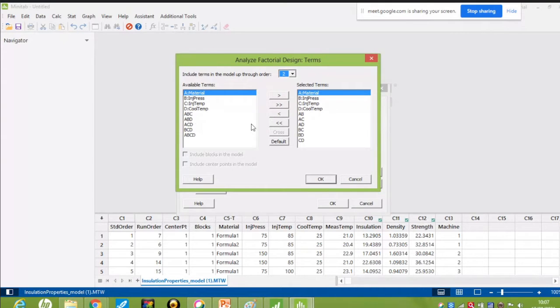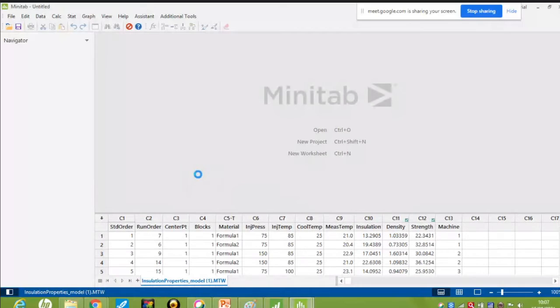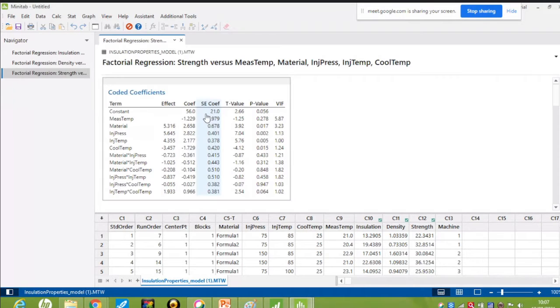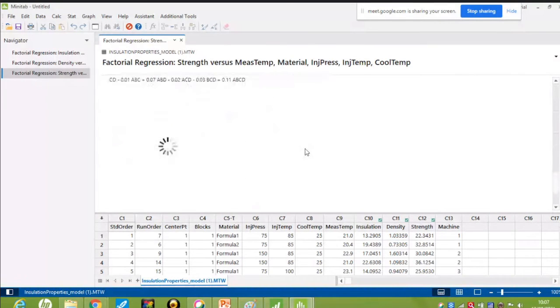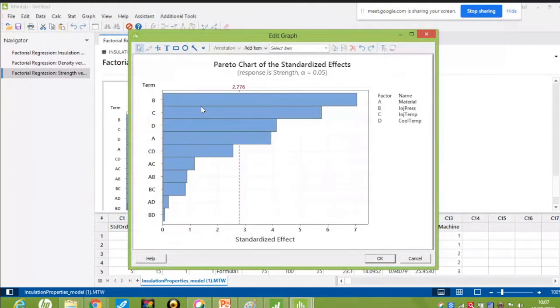We are measuring. From this graph, we can come to know that B, that is injection pressure, C, injection temperature, and D, cool temperature are all significant, and A also is significant.